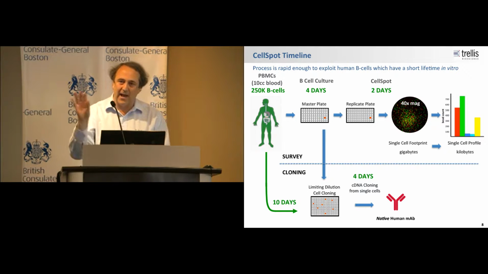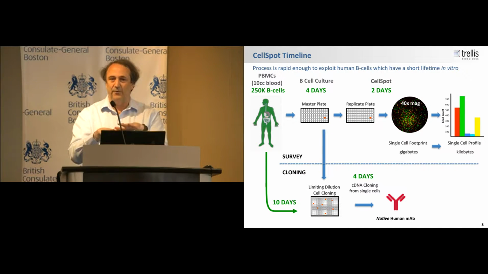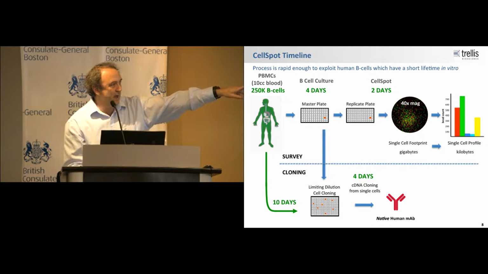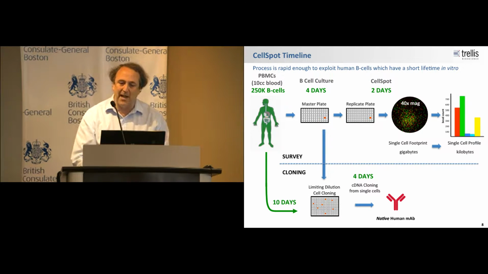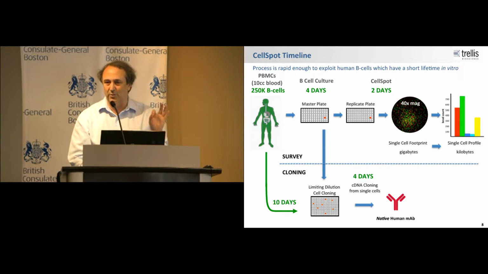Take an aliquot of that, put it in a new plate, spin them down to the surface, let them secrete antibody for about 3 hours, wash out the cells, and now we have a very clean assay environment. And then we stain those with the different antigens on the different colored beads. So now the colorful picture over on the top panel there, that's the high magnification view of the footprint of